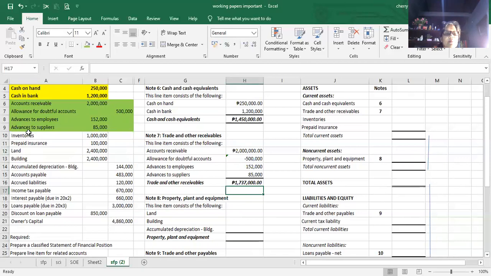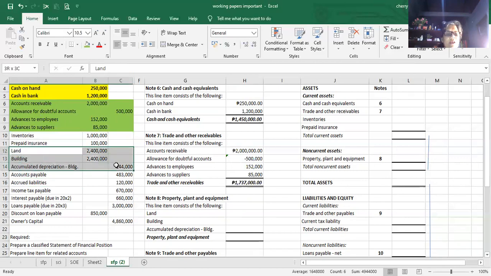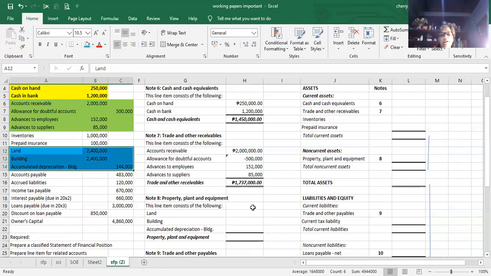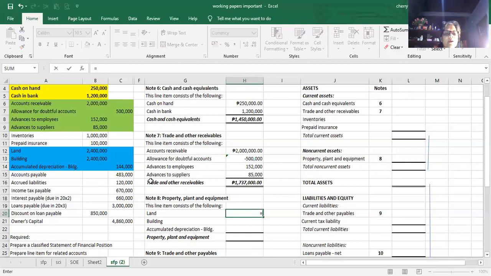So inventory has no related account, also the prepaid insurance. So let's go to property, plant, and equipment, or non-current assets. We have land, building, and accumulated depreciation building. What color do you want? Let's make it blue. Okay. So land equals